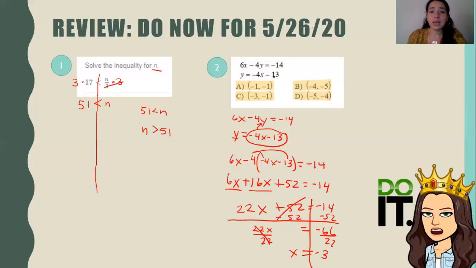Okay. Now, right away, if I know my x is negative 3, I can already look at these answers and figure out that there's only one that has negative 3 in the x place, and that's C. So right away, I can figure that C is probably going to be my answer. But let's double check. So what I'm going to do is I'm going to take one of my equations, and I'm going to plug in the negative 3 that I